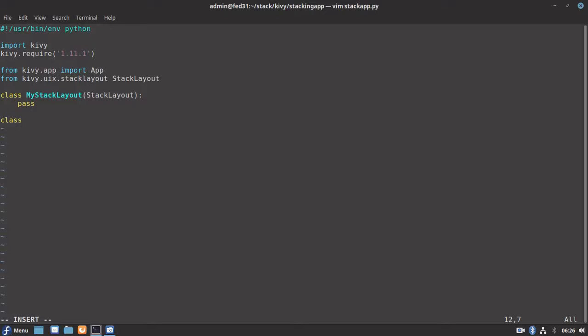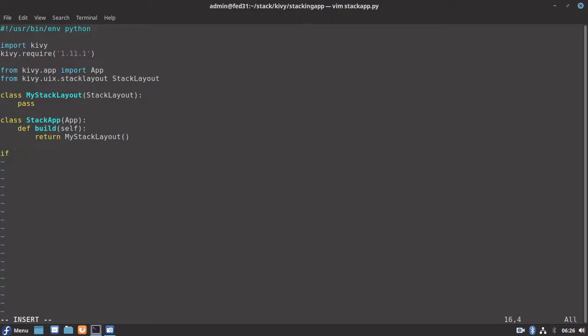Now let's extend the App class. Let's name our application StackApp. Here we will implement the build method, which will return the MyStackLayout instance as the root element, or root widget, you can say.